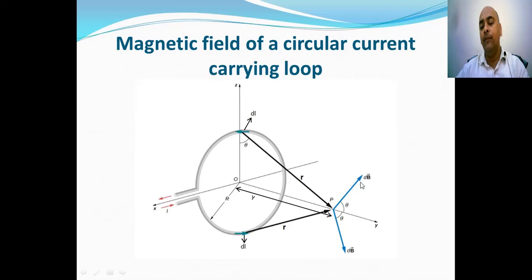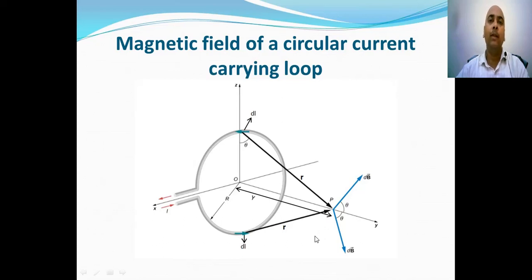Now the magnetic field due to differential element dl at point P can be split into two parts. One is along the y-axis and the second is perpendicular to the y-axis. Similarly, for the lower infinitesimally small length dl, the magnetic field at point P can further be split into two parts: one along the y-axis and the second perpendicular to the y-axis.